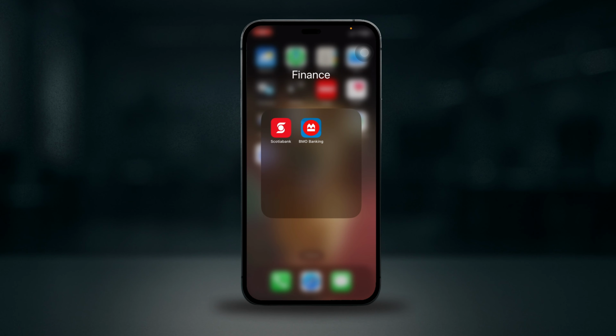Hey everyone, welcome back. If you want to deposit a check using the BMO Mobile Banking app, here's how to